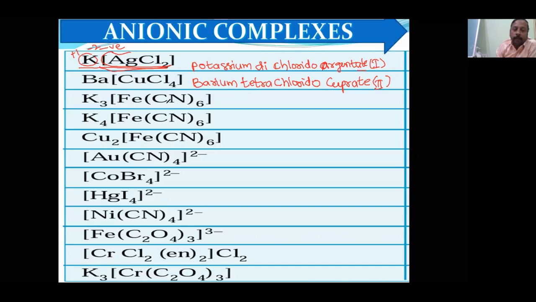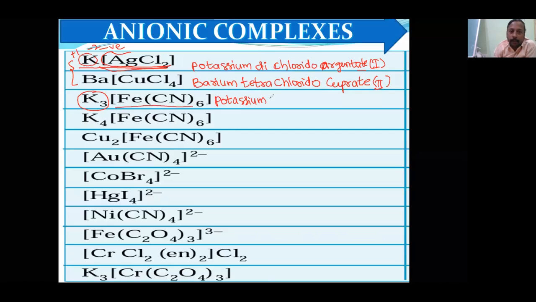Cyanide, it will be cyanido. The name of this ligand will be cyanido. I expect all of you to try yourself, pause the video and try yourself, then I will write the name. Now, see, next one. I told you this number of times, you need not write it. If it is potassium, you should write only potassium. Then in the square bracket, ligands first.